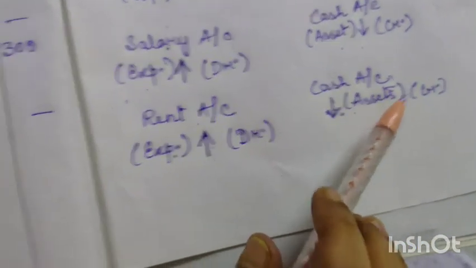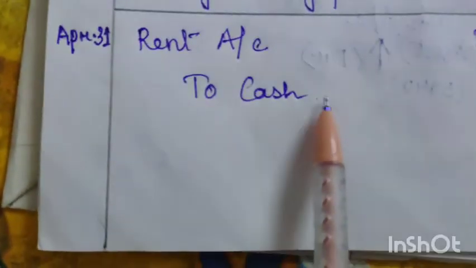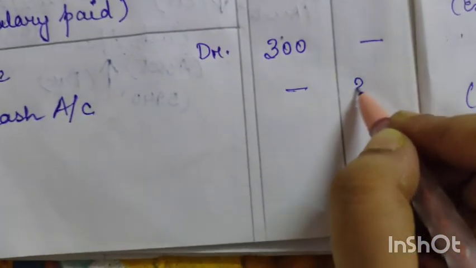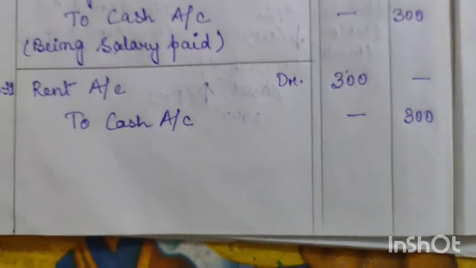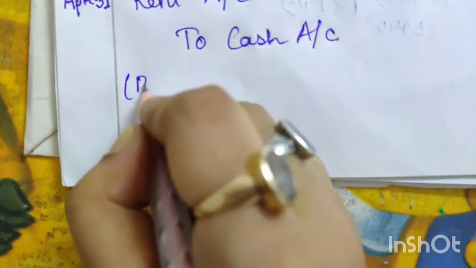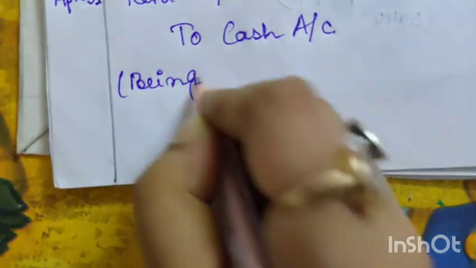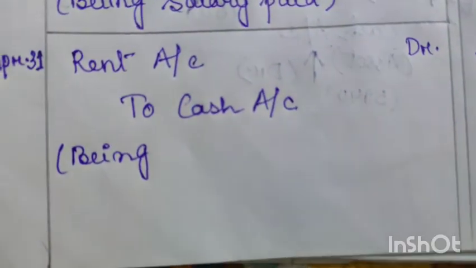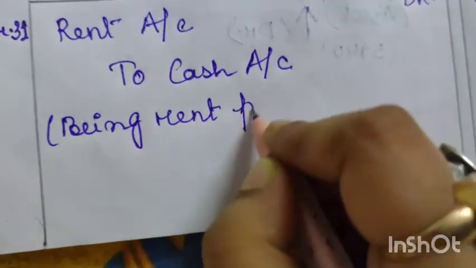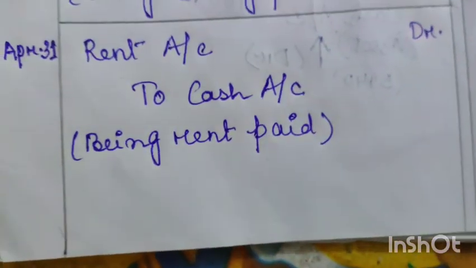So to cash account, as cash account is credited, so we were writing here to cash account, that is 300 on the credit side. Okay. Now we can write the narration. What we have paid? Rent, right? So a very simple narration, being rent paid. So the entire sum is